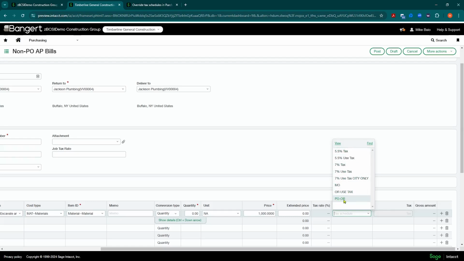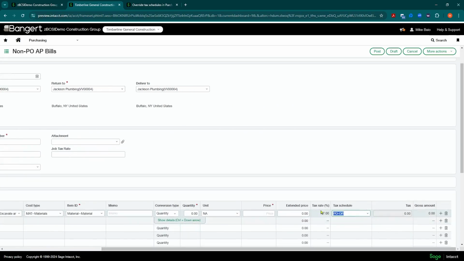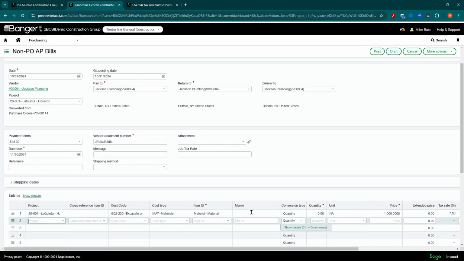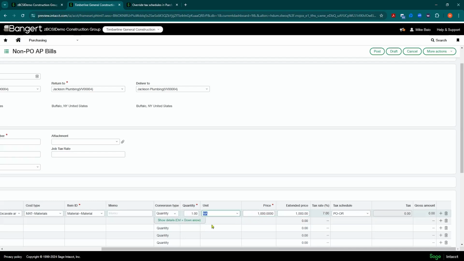And I'm going to pick this Oregon sales tax one I have here. And notice immediately it fills in the tax rate. And as I tab through here, it will also calculate. There's one key factor in this. You probably should have a price in there. So I apologize for that. But if I put a price in, it would have calculated the tax as well here. So let's go ahead and fill something out. So now you can see here the 70 calculated for you automatically.